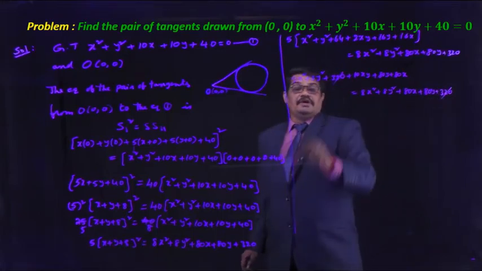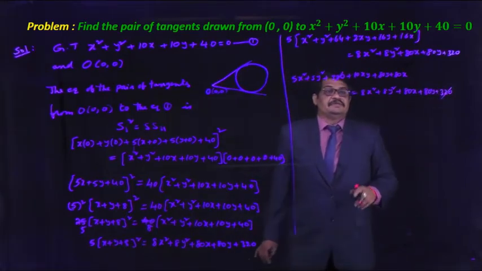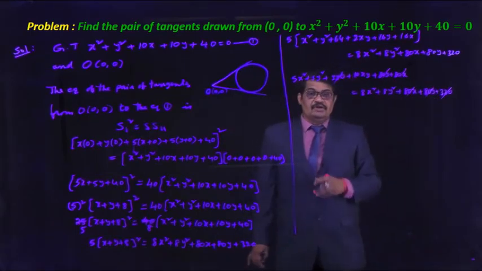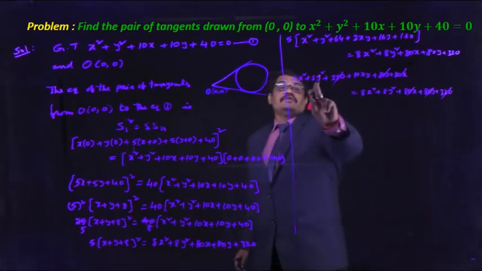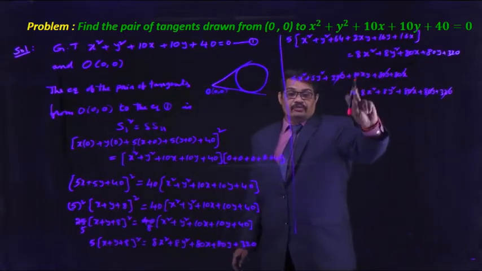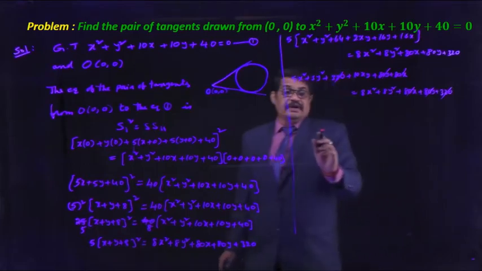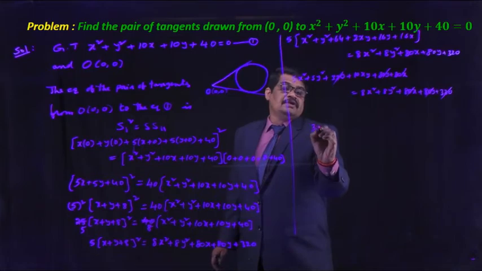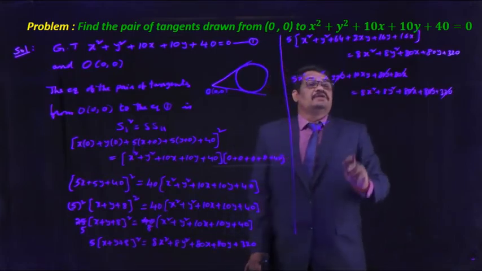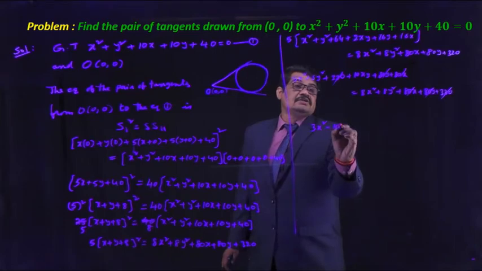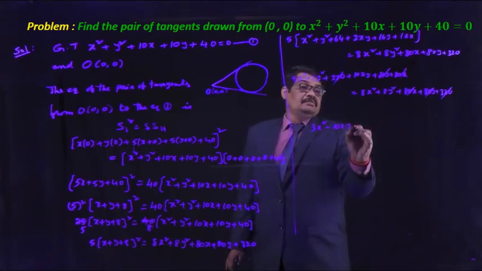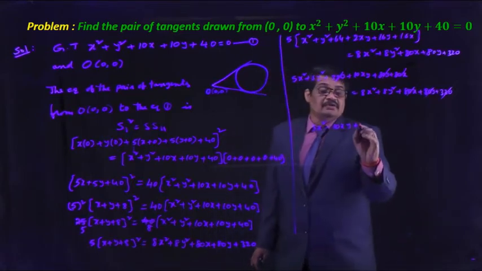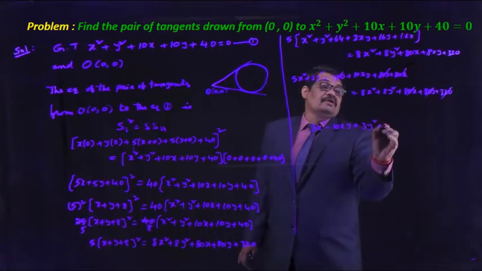Here 320 on both sides cancel, and 8x and 80x both cancel. The 5x square, 5y square and 10xy move to the RHS, then we get 8x square minus 5x square, that is 3x square. This is 10xy moving to that side, minus 10xy. Here plus here, 8y square, here 5y square, that is 8 minus 5, that is 3y square is equal to